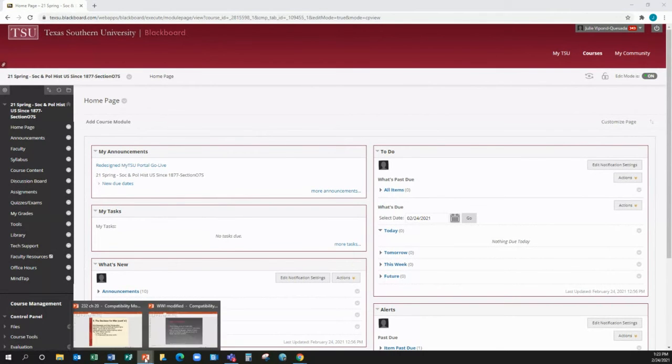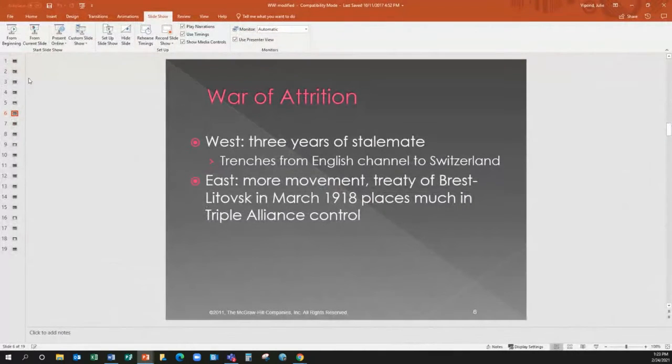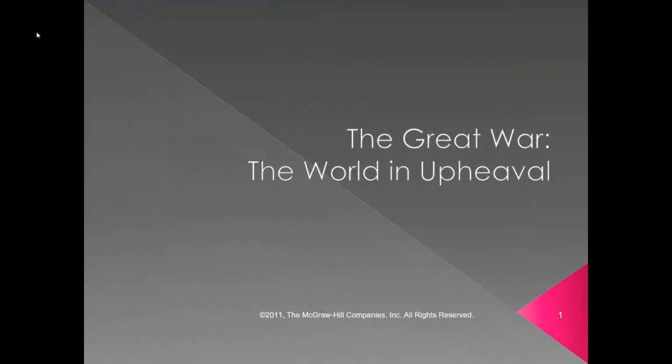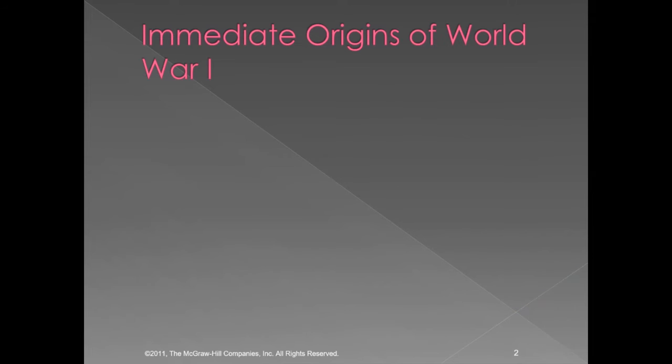So let's talk about World War I. World War I started strangely. There are several causes to World War I. When they ask you what is the cause of World War I, most people look to the assassination of a man named Archduke Franz Ferdinand. He is the heir apparent to the Austro-Hungarian Empire, right? But he's just kind of like the icing on the cake, or his assassination, he and his wife.